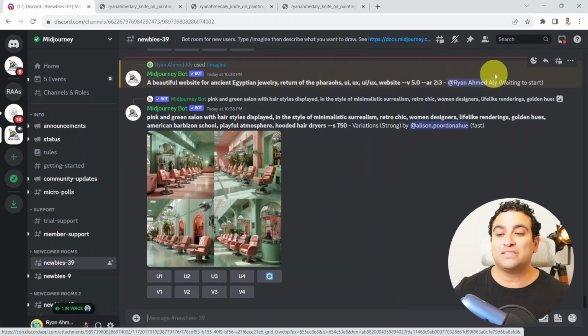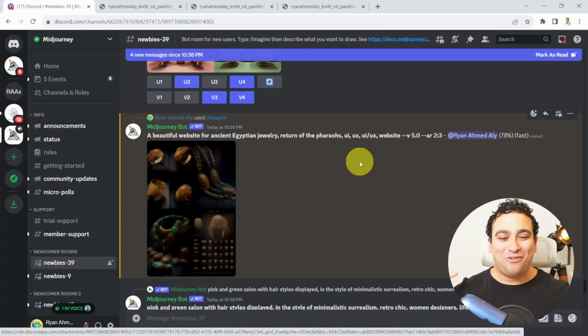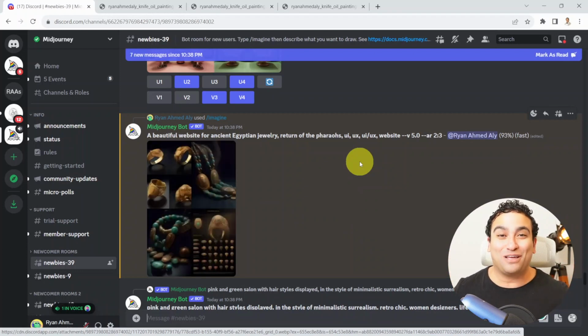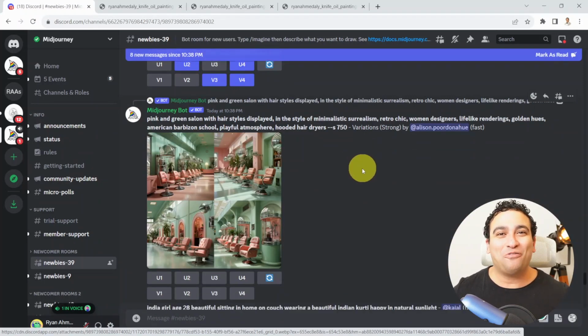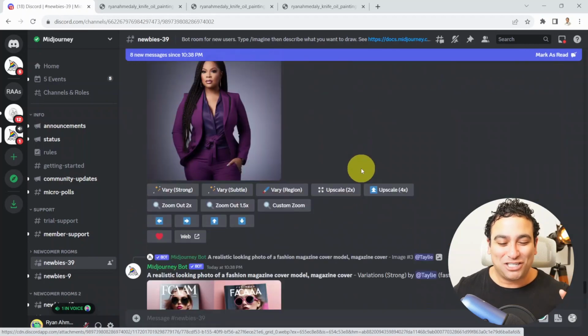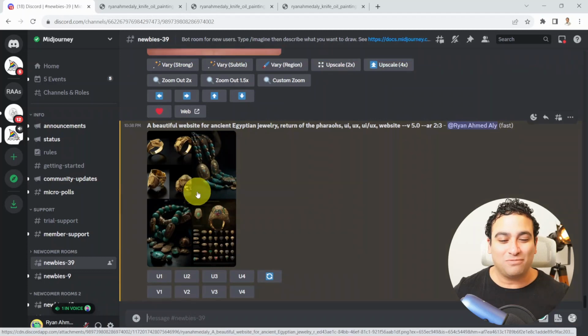So here we go. This is my prompt here, and it's waiting to start right now. Let's go ahead and give it a shot and wait to see the outcome. And look at this. Look how incredible that is. It's actually loading up right now, but I've seen something similar to it before. And this is when I felt that AI is just gonna essentially take over the world, I would say, especially after you see the amazing imagination of AI when it comes to the design of this jewelry.